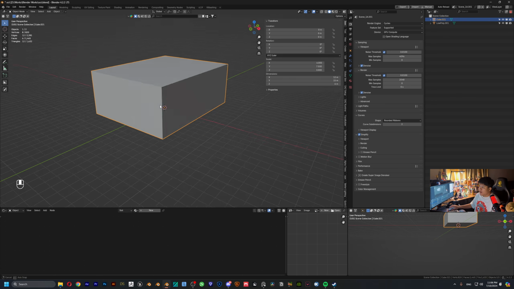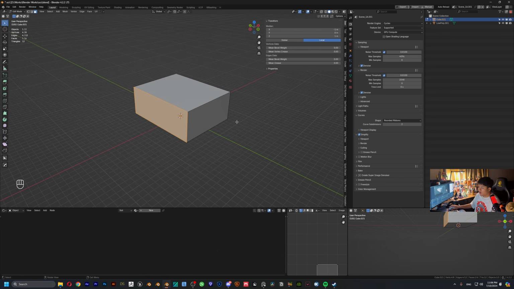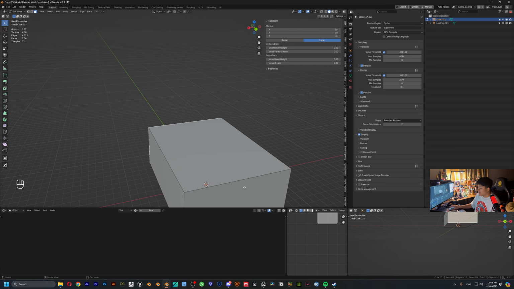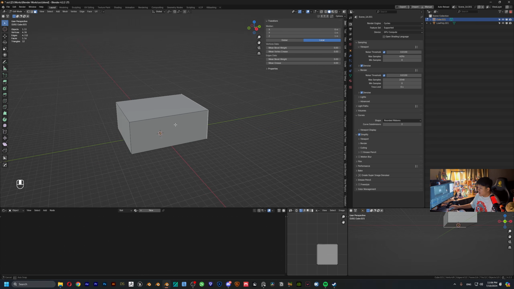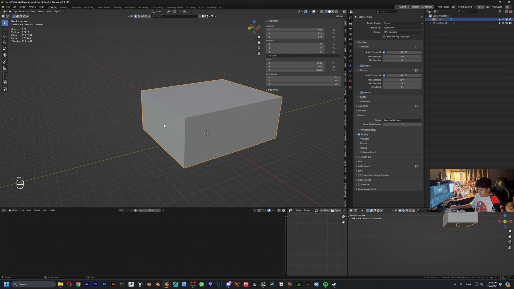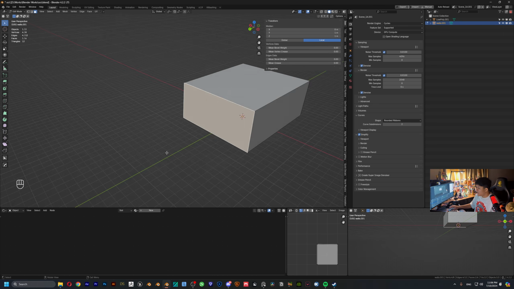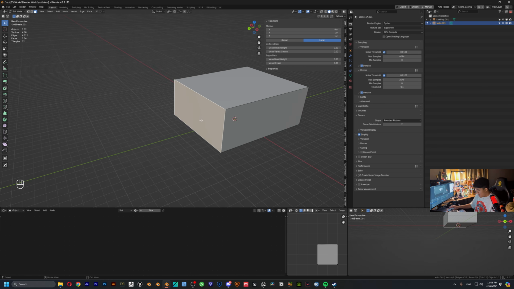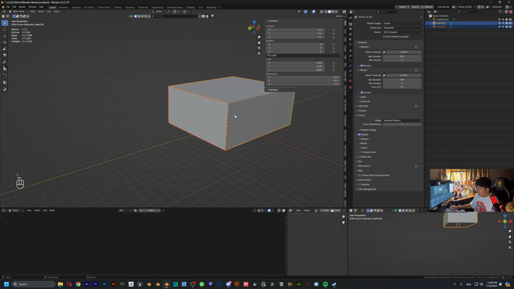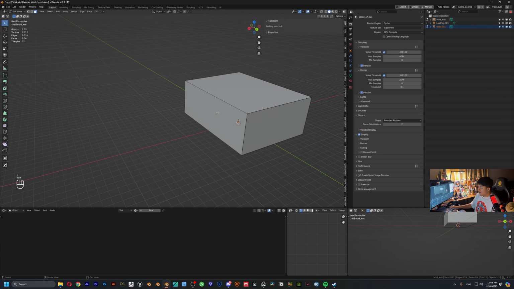Now the next thing we're going to do is identify which side has the window, which side has the door, which is the back side, and the front side that has the board. We're going to separate all of them for better management later. First we're going to rename this one to walls, and enter edit mode by hitting the tab key. You can see the little thing over there if you don't know. Hold B on the keyboard, we separate this one, and I'm going to name this one front wall. Now this is the side wall,